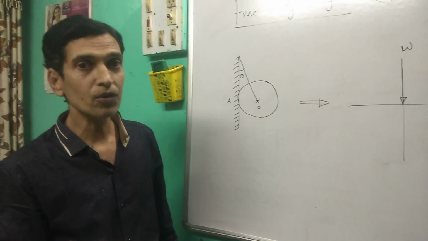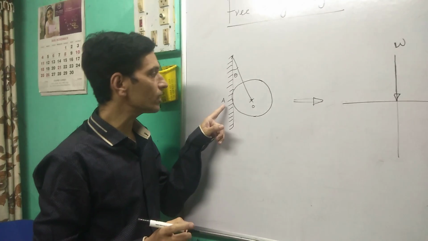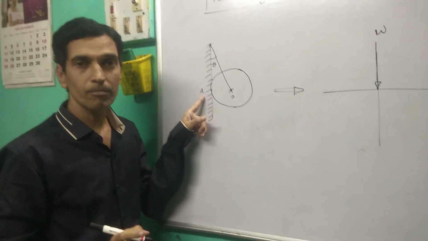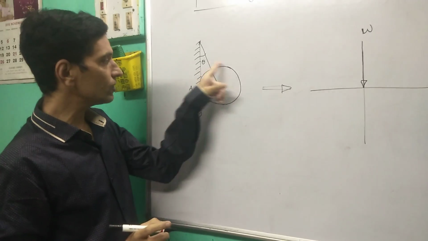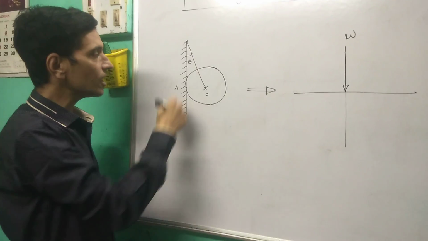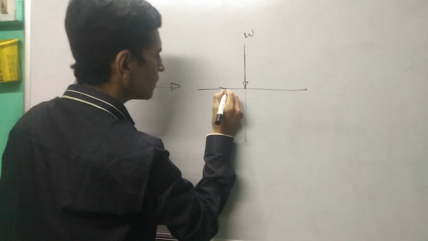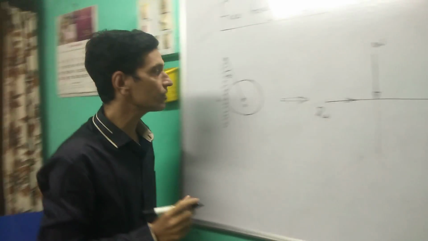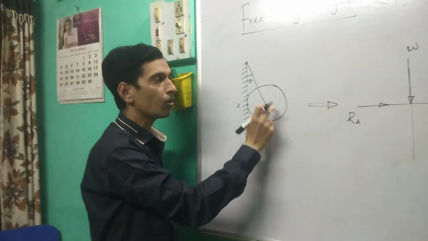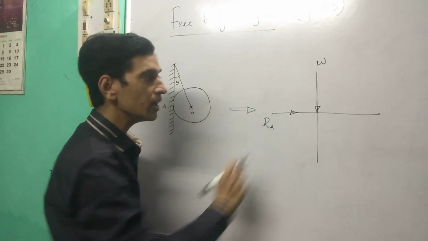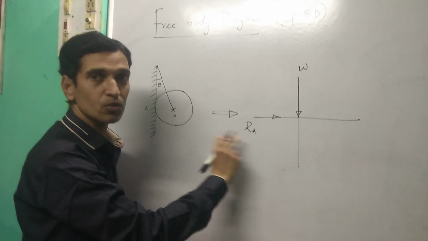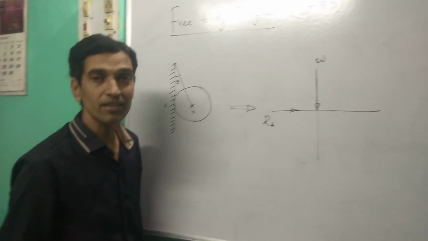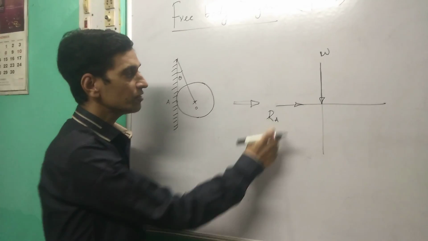And the second force is the reaction from the contact plane. Here we know that the spherical ball is resting on a vertical plane. One normal reaction is coming from this plane on this ball, so that is acting toward the body. So show the direction of that reaction towards the spherical ball. That is the second force acting on the spherical ball.